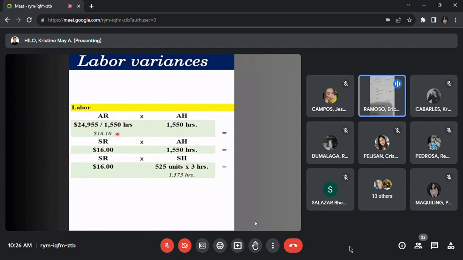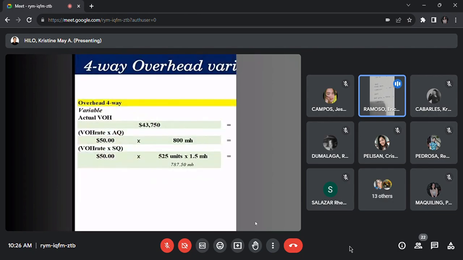This is the four-way overhead variance. Next. Here is the overhead four-way. So the first thing we will solve is the variable. The actual variable overhead is